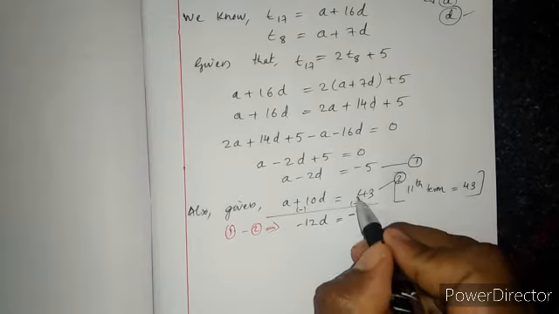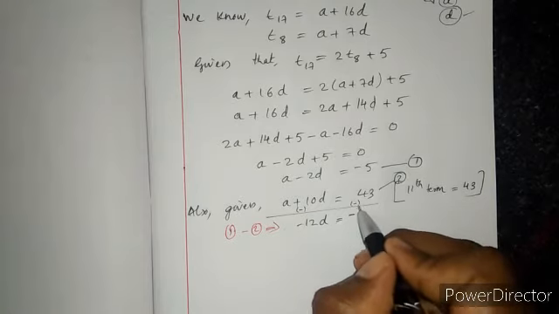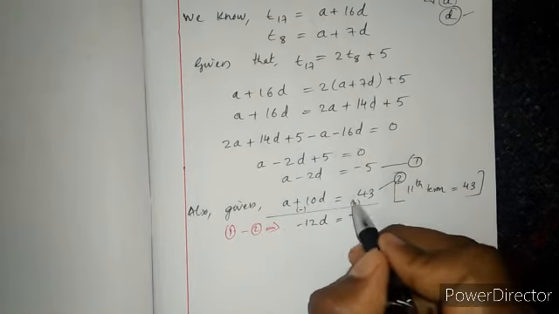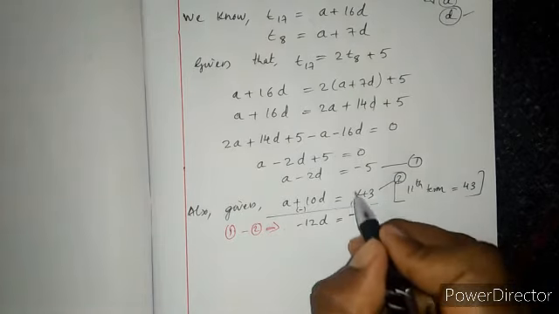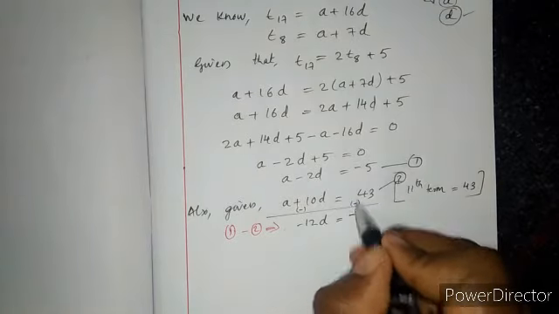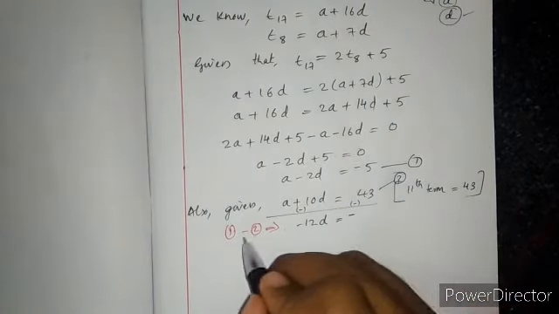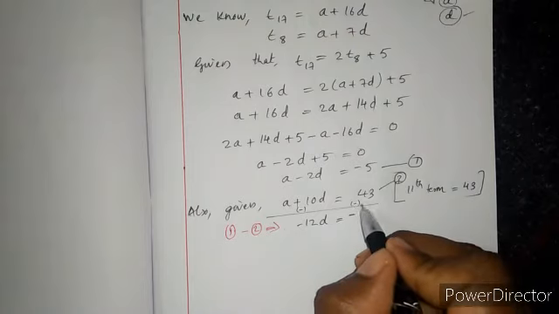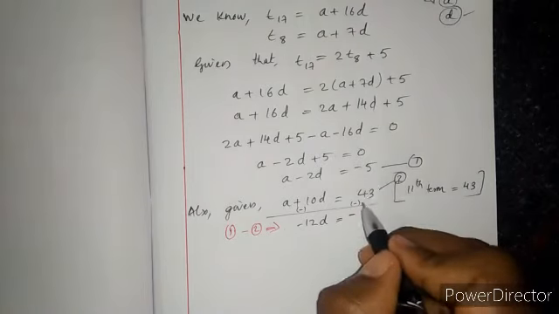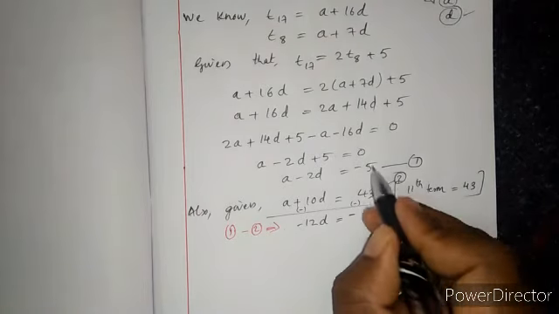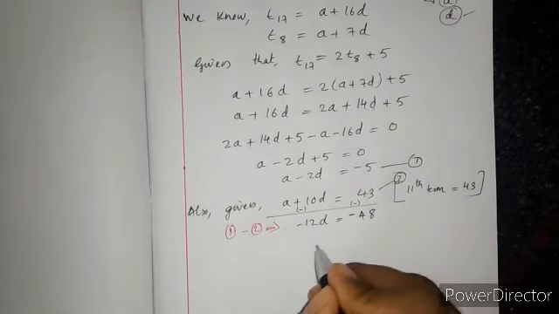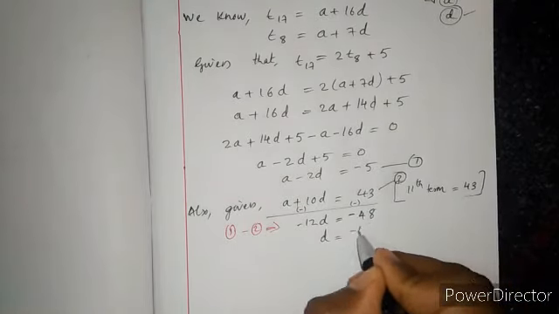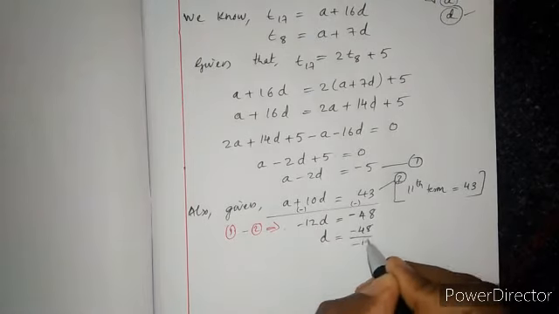वैसे इधर माइनस 5, इधर का साइन बदलते हुए माइनस, इसलिए माइनस जो है एकदम छोटा ब्रैकेट का अंदर, small, write it very small, not so big, because we are changing it by our own means, not given. It's not given there, we are changing by our own means. Instead of minusing them, we are changing the sign and then we are adding them together. Now it became minus 43 and minus 5 together, it will become minus 48. Therefore d is equal to minus 48 divided by minus 12.